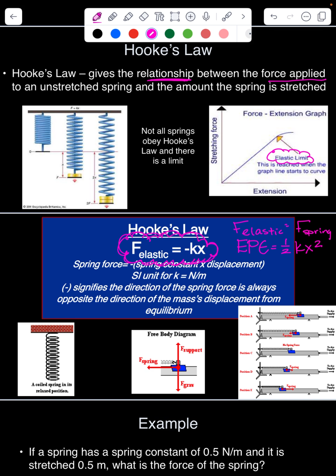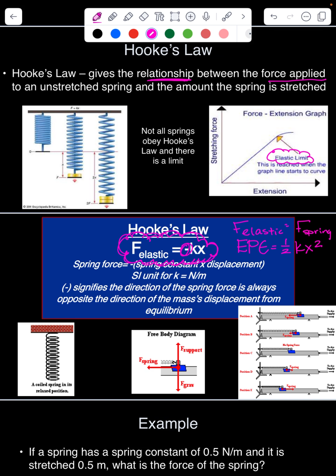That negative will always be there because your elastic or spring force is a restoring force. It wants to bring that spring back to its original position. The k is still your spring constant, so how strong or how flimsy a spring is. And then your x is going to be